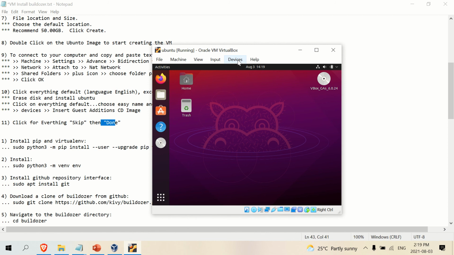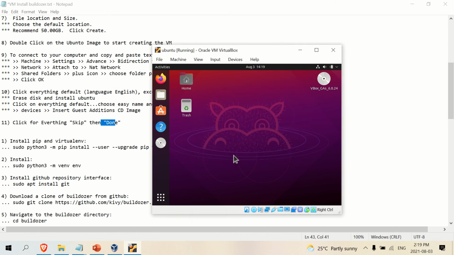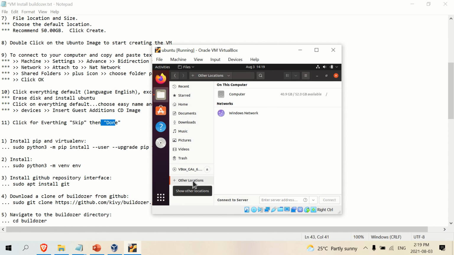Again, you want to make sure the guest additions disk is in there because we need to be able to connect to our computer. If you can't connect to your computer or copy and paste, you might as well do the installation over again, and that's really important. So let's go here to folders. We're going to go down to other locations and hopefully ours show up. If it's not showing up, which is very bad, if it's not showing up,